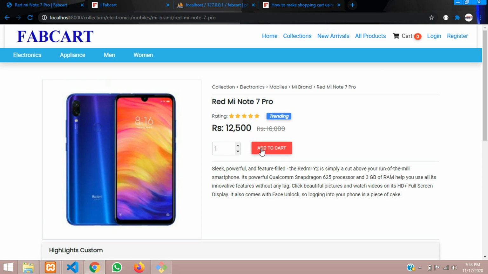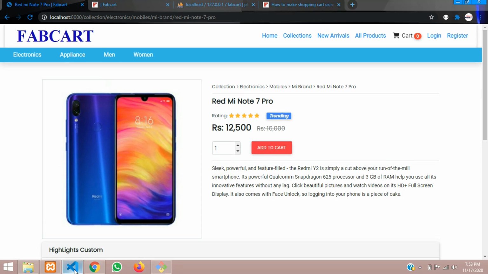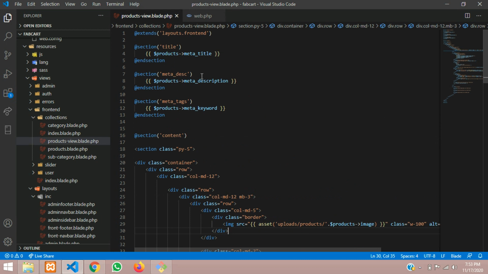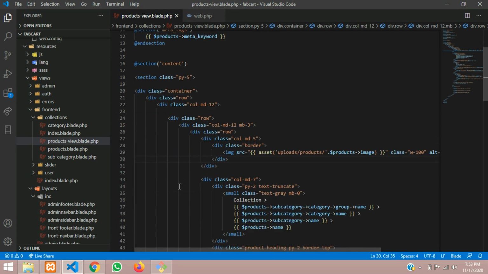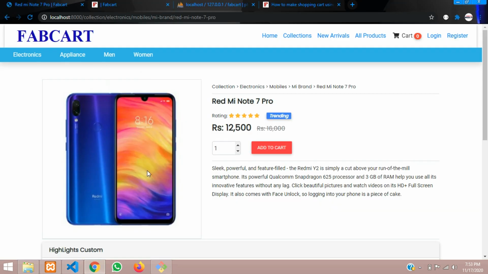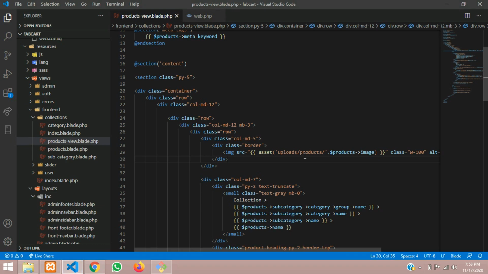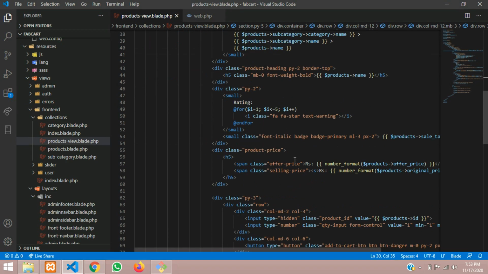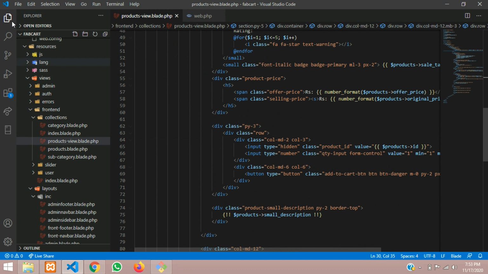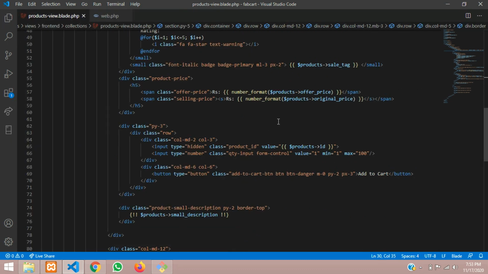So first we will go to search this add to cart button. So let's move to that, and this is our product view page. That product view page is nothing but the page which we are showing this output on. So now we will scroll down. Let me minimize this sidebar, and here is our add to cart button, right? So now we have mentioned that add to cart button code here. So I'll just remove that, and now I'll just show you how it works.